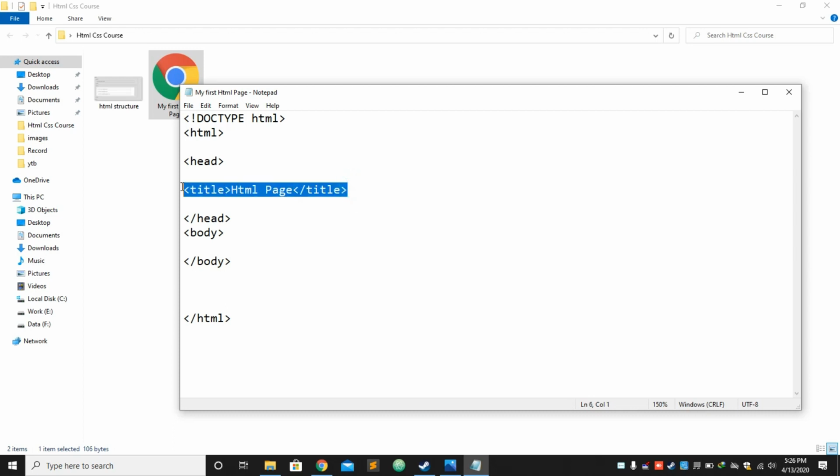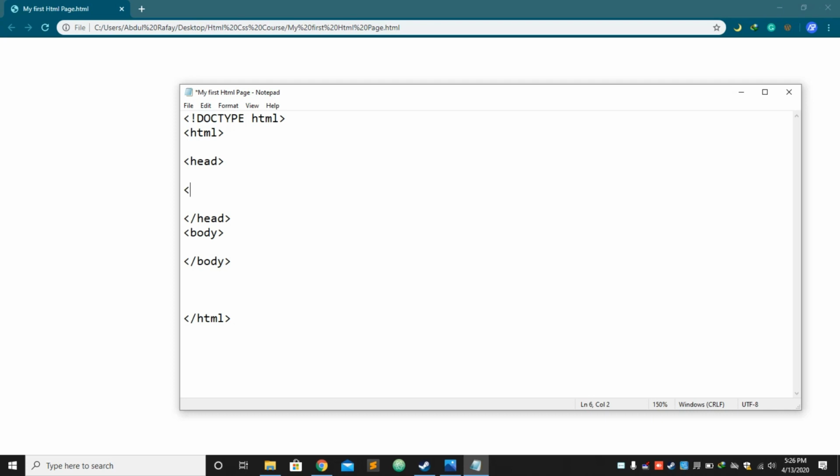If you didn't write title, it will write the file name of your document. See there. So we do not have to show this. So we have to make the title tag.